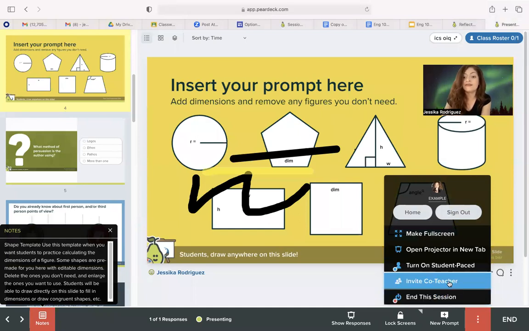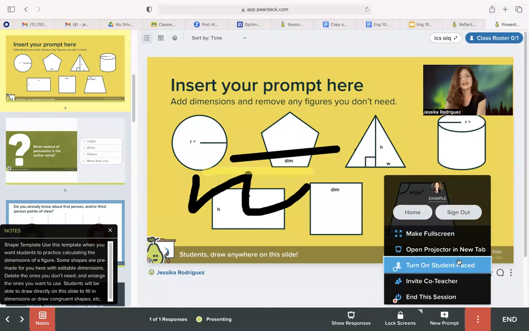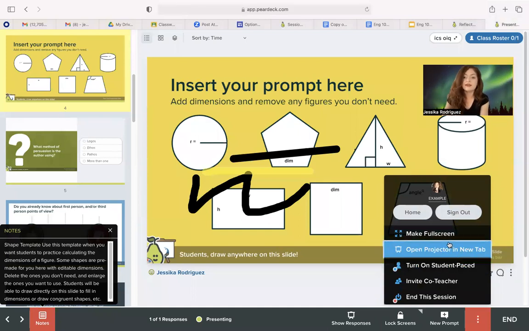You could end the session, invite a co-teacher. You could switch to student paced versus instructor paced. You could open the projector in a new tab. You can make this full screen. So you have a few options here, but I like